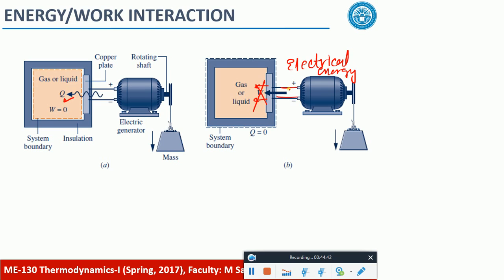So there are so many cases, you just need to distinguish whether it's a change in kinetic energy, a change in potential energy, or a change in internal energy. There are just 5 terms: kinetic, potential and internal energies, and then you need to see whether there is some kind of heat interaction or some kind of work involved. Those are the 5 terms which you need to take care of.